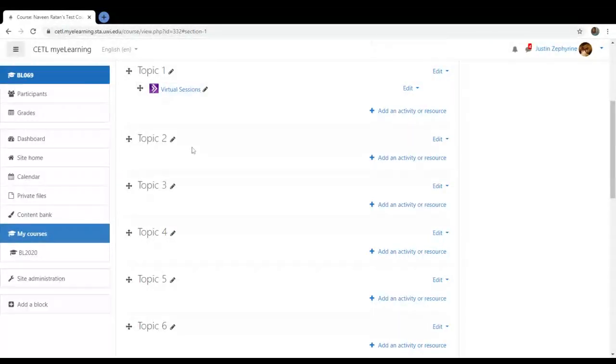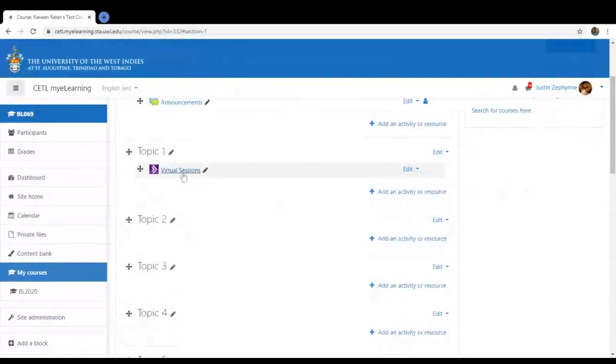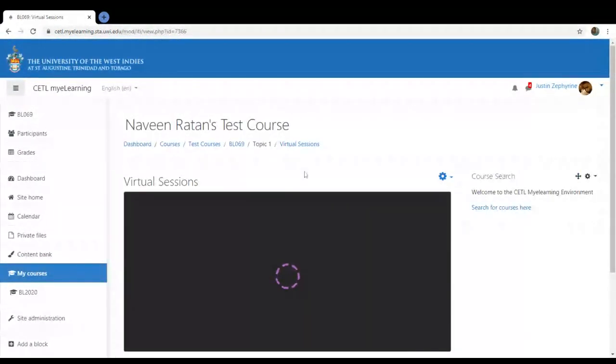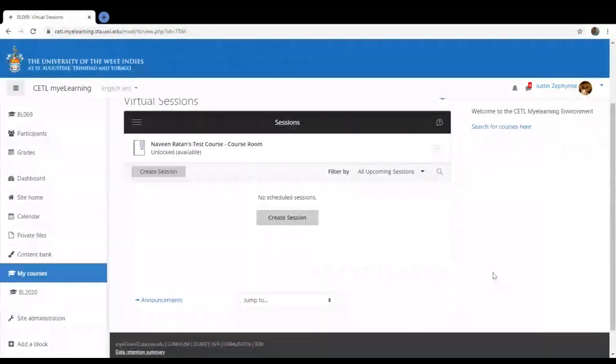All right, good. So we see it here, and you click on it, and it takes us to a page that looks something like this. And I wanted to do it with something that is totally new. All right. Yeah. So far so good, right? So when we get to this point, you would see a couple things. You would see create session. You would see it in two places. You would see it at the top right side here, and you would also see create session here.